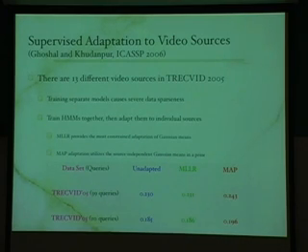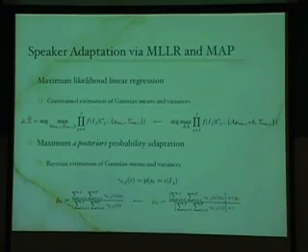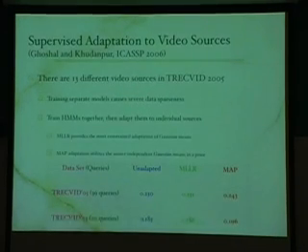Right? Yeah? On the previous slide, I thought I saw priors on both means and variances. Is that right? I see means and variances listed here. Yeah, but in the results I'm showing you, we only adapted the means. We didn't touch the variances. And we could do it, we just haven't had time to get around to doing it.